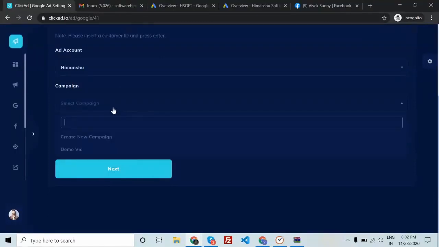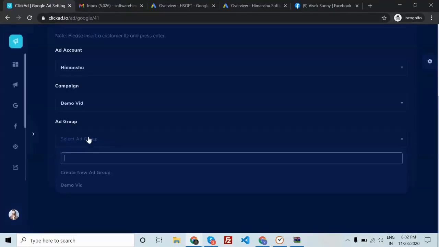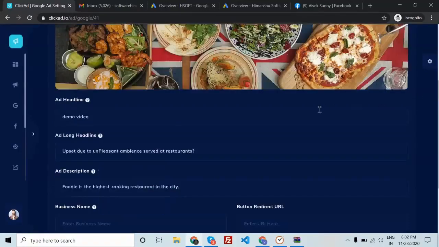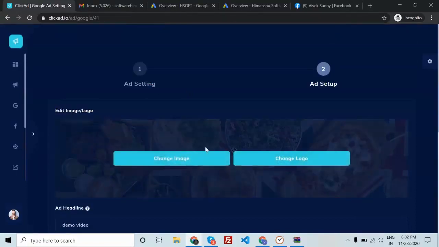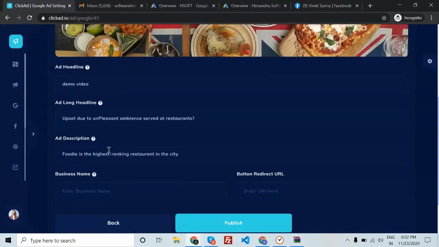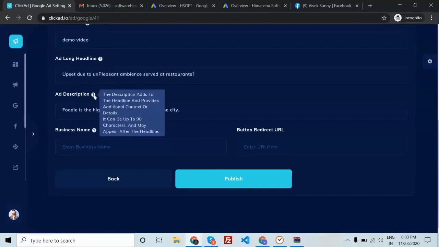Now I need to select a campaign, or I can create a new one. I just created a new campaign for this video demo, and I choose an ad group and click on next. Now here I can see the image, the headline, the long headline with a description, and the ad description.